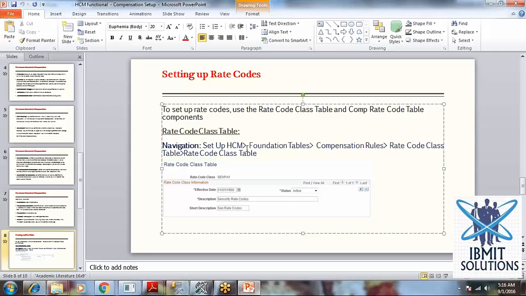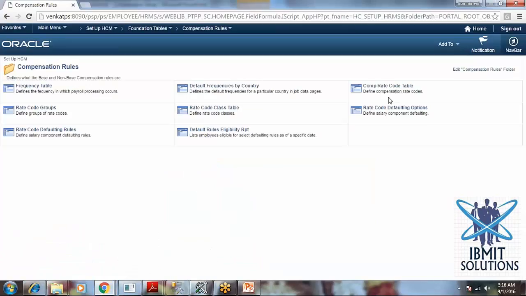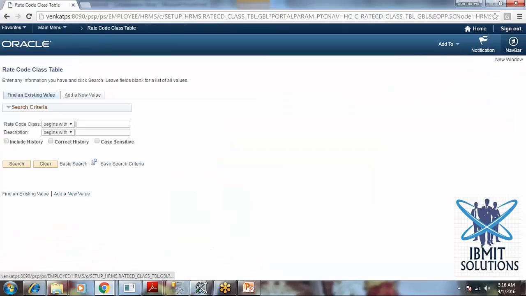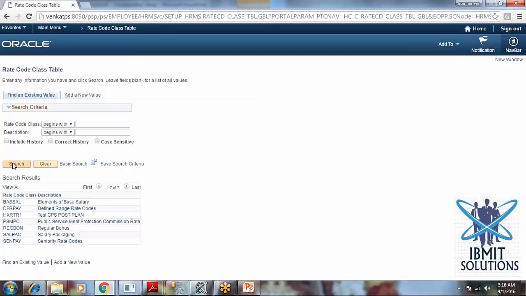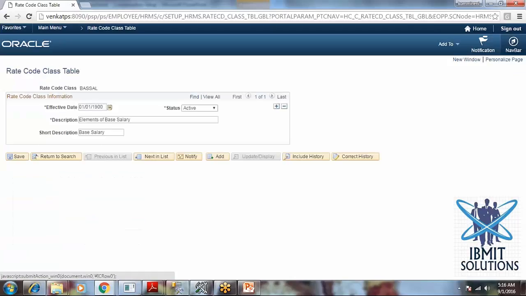Setup HCM, foundation table, compensation rules, rate code class. This is the screenshot for that. Here is the option, rate code class. If you open the existing options: base sal, elements of basic salary, defined range rate codes, regular bonus, all this. I am opening this rate code class,